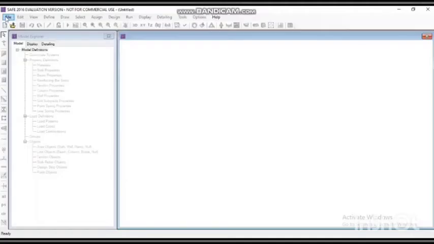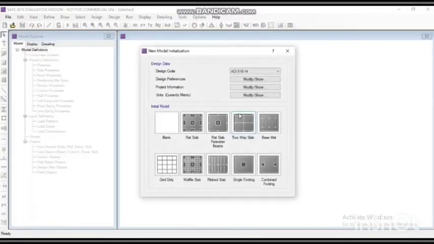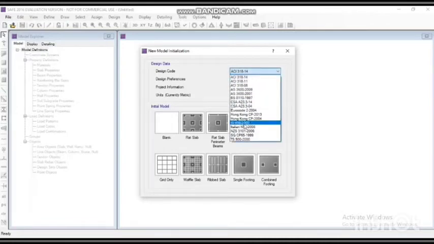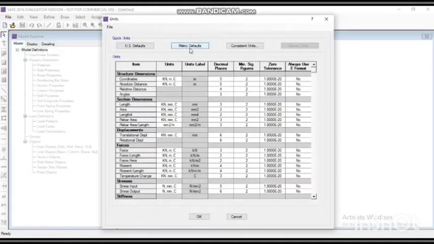Open the SAFE software first, then go to the file menu and select new model. Design code is IS 456-2000. Then units should be metric defaults, then click on OK.